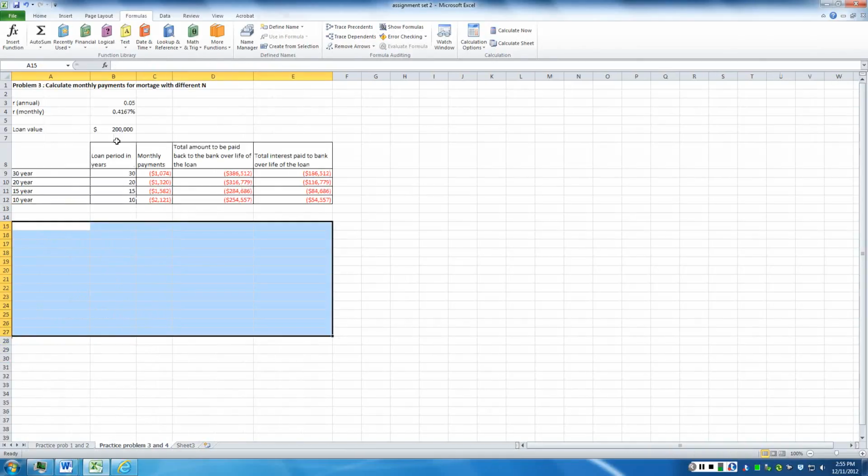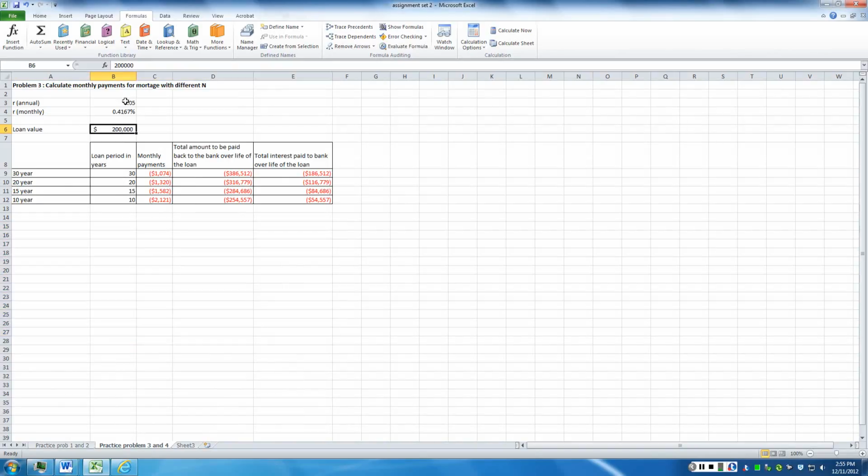So in this one, the problem was to say, okay, what if you are going to borrow $200,000 and the annual mortgage rate is 5%? And we will look at different scenarios of 30 years, 20 years, 15 years, and 10 years. What will the monthly payment be that they'll pay the bank? Then over the life of the loan, how much will we have paid them? And off that, how much is the interest? So this one is calculated using the formula